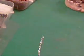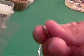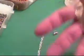You'll also need, where did I put it? Oh yes. You'll also need some sort of clasp. I'm going to use a lobster clasp. There's all sorts that you can use, but this is what I'm going to use. So to begin, I take a large jump ring,